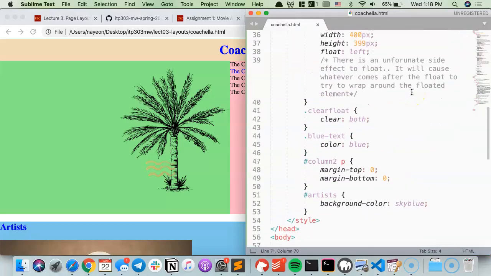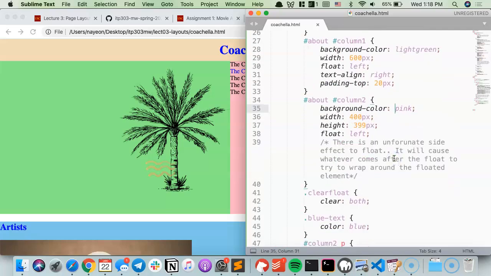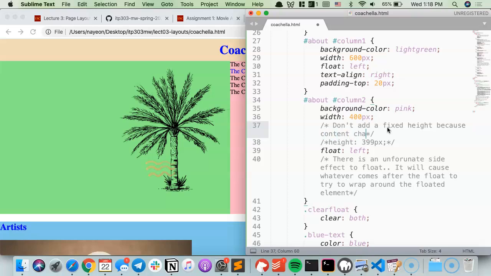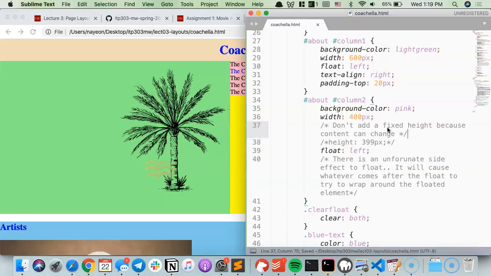So instead of putting heights like this, here's a trick that we use. When it comes to front-end development, we like to use a lot of visual tricks. Instead of adding a height like this, I'm going to write some comments here because I want to be specific. Don't add a fixed height, because content can change. A visual trick here is: